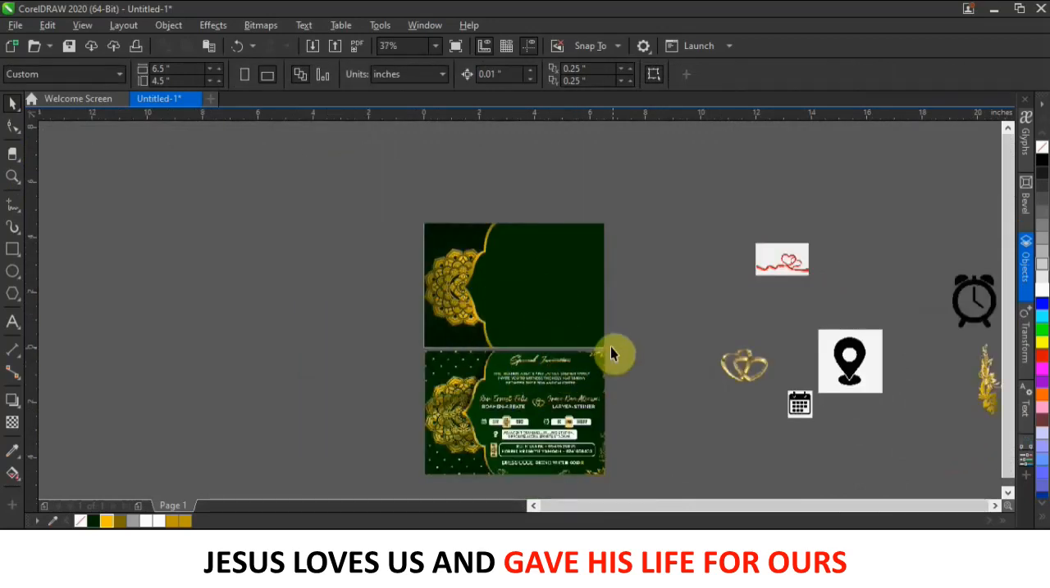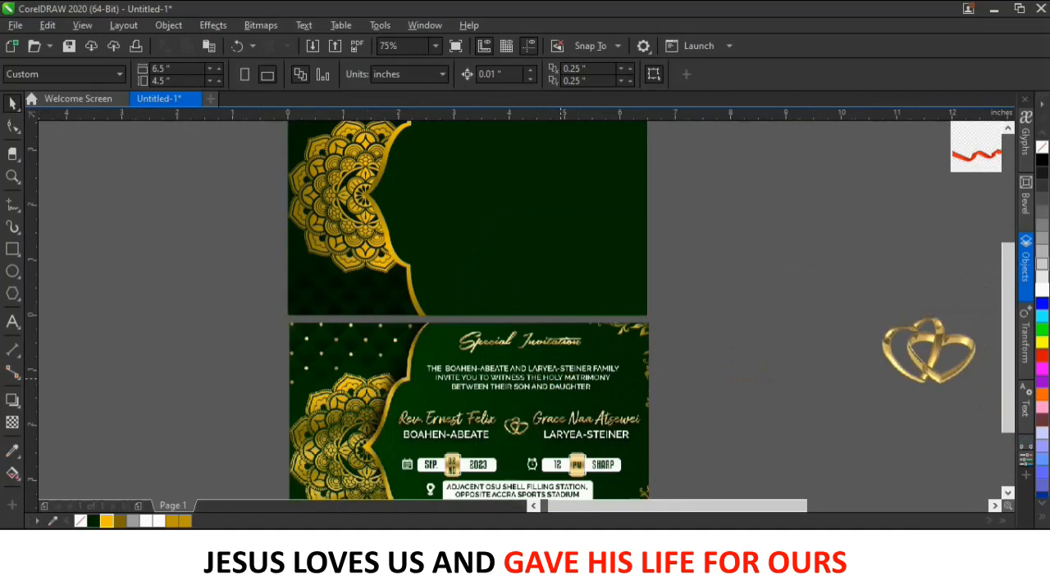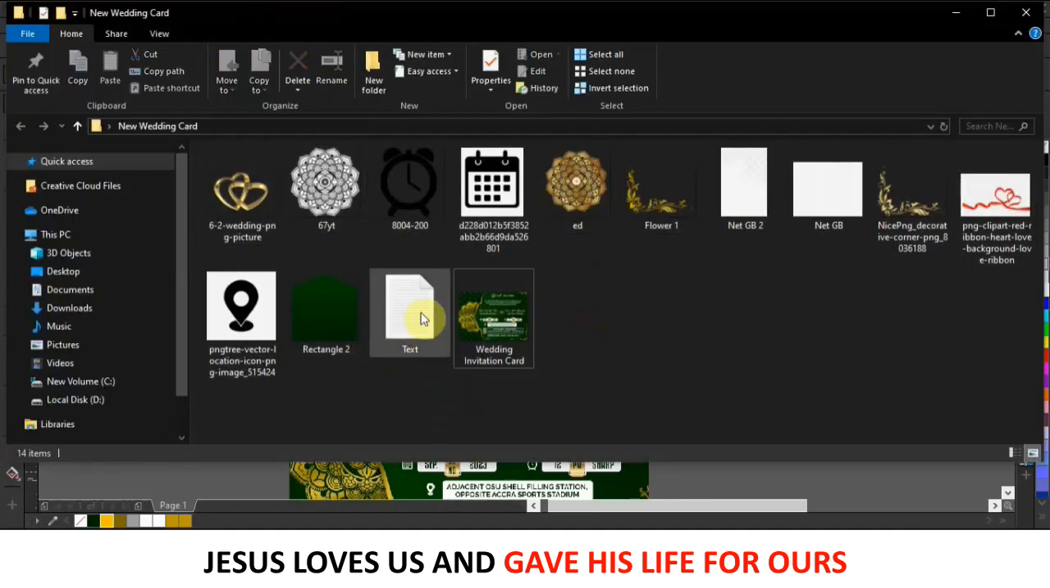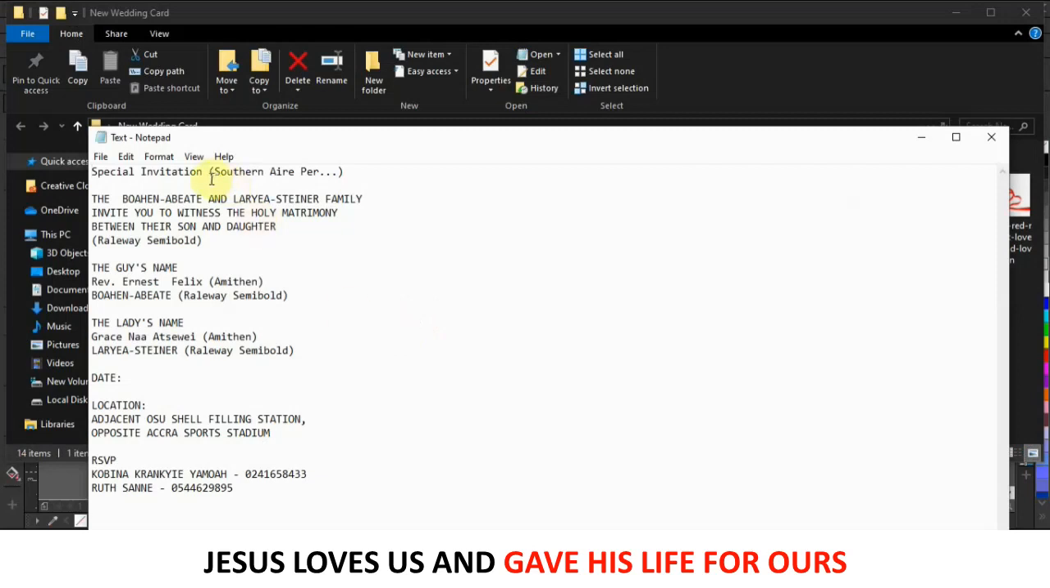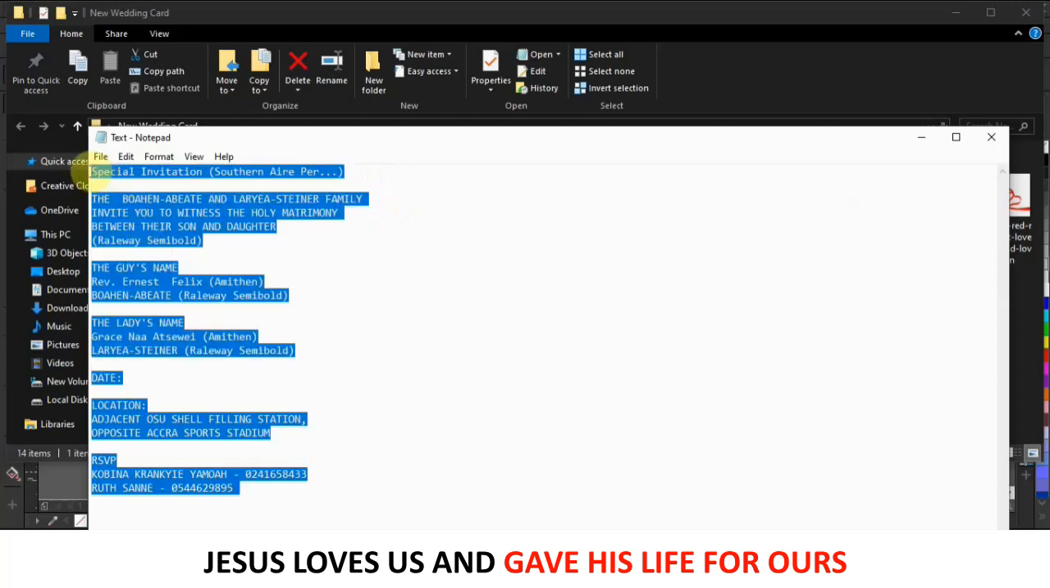Okay, so the next thing I'm going to do here is start typing. I have my text already inside the folder, so I'll just open my text. Okay, so I have my special invitation here. So the special invitation, this is the font I use for it. So I'm just going to copy everything from here. Okay, everything, just copy everything,